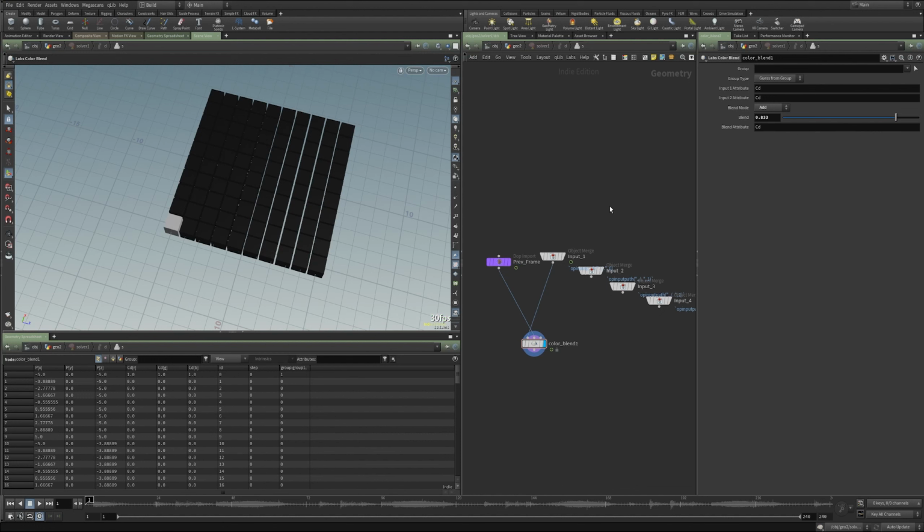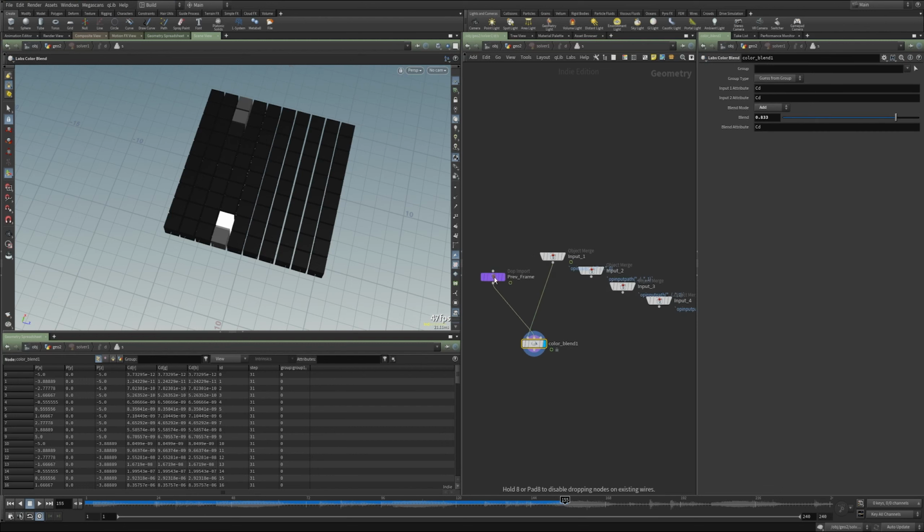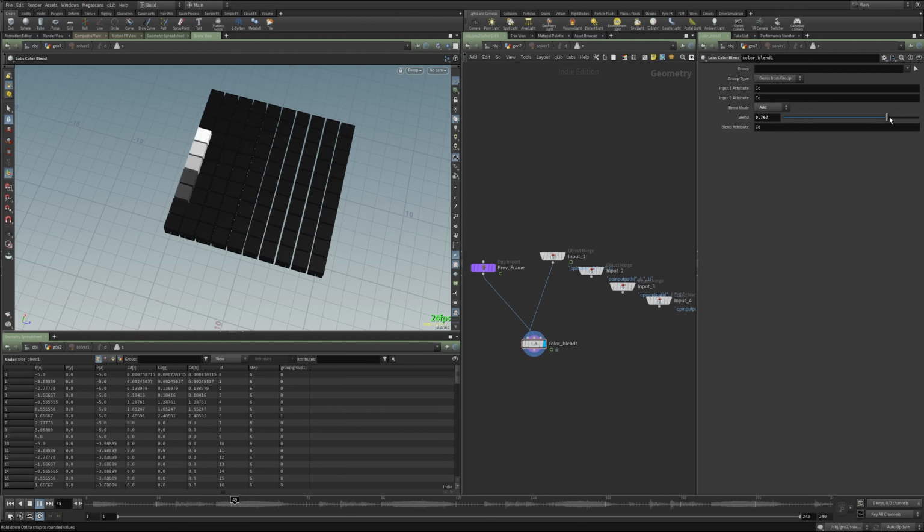So let's hop up so I can see it. And what this is going to do, it gives us this trail. And if you don't know the solver, it works like a dynamic solver. This input is the previous frame, so this is taking the color from whatever frame we're on. It's taking the color from the previous frame and I'm adding it to the current frame, and I'm doing that sort of perpetually. So the color accumulates, and if I want it to accumulate less, then I just pull the slider back.